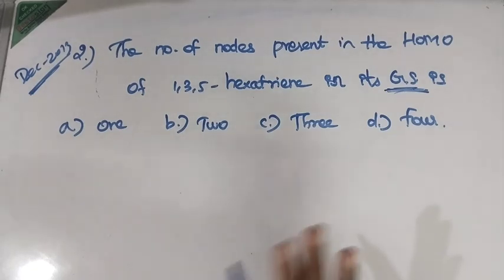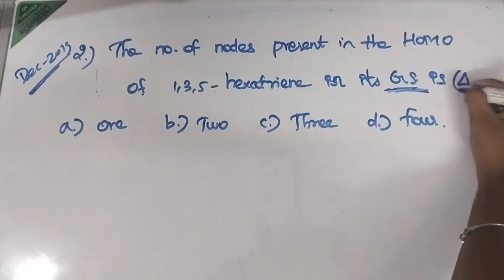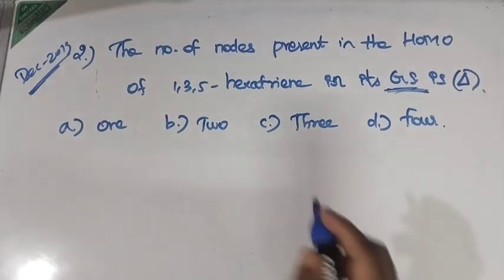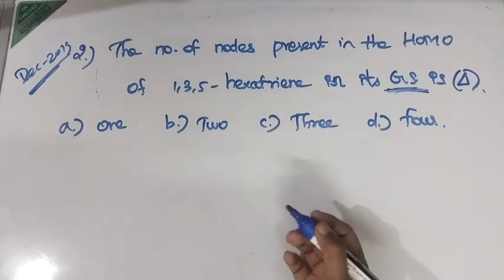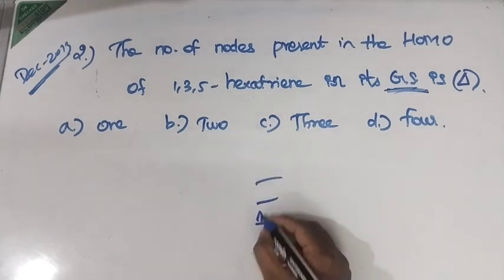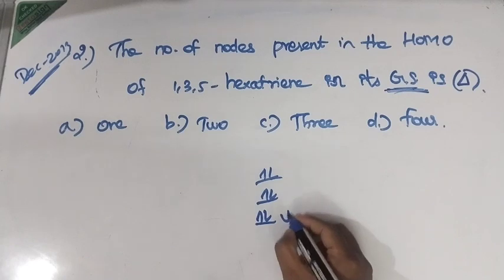Okay, so here it is thermal condition. It is very simple, right? Hexatriene has 6 pi electrons. So 6 pi electrons means 2, 4, 6. Hence